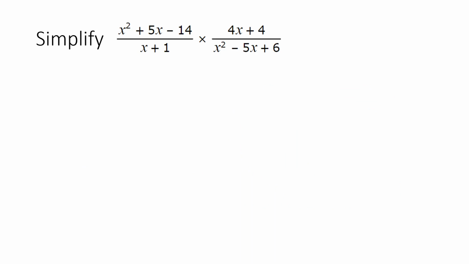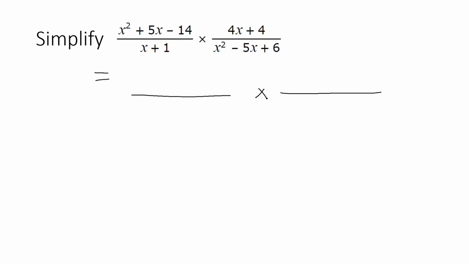Right, now let's go over another example. For this one, we're multiplying two fractions on each other, and we're told to simplify it. How are we going to do that? Well, I would prefer to factorize first because it just makes it a little bit easier to multiply everything. So we can say that this expression is equal to